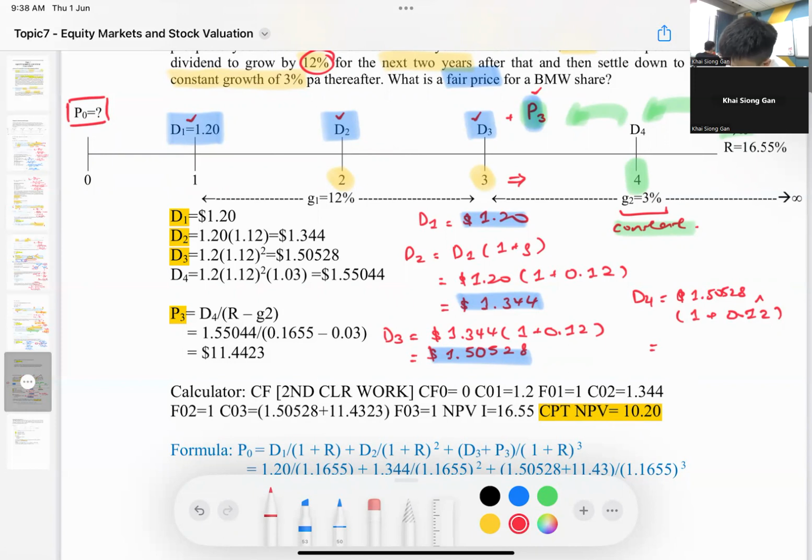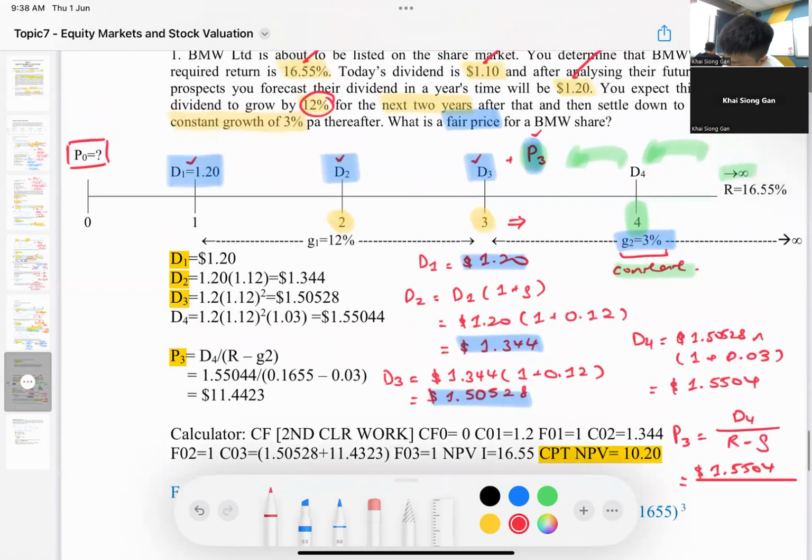So not 1.12, sorry, because from D4 onwards, it is 3%. I said 3% already. Okay, so 0.03. Yeah. This is 1.5504. Okay. Why do I calculate D4? Because I want to calculate P3. P3 equals D4 as a proportion of R minus G. So D4 now I know is 1.5504. Proportion of required rate of return is,